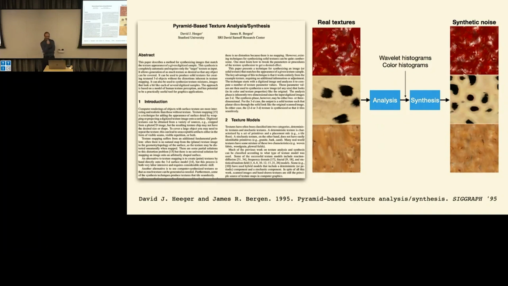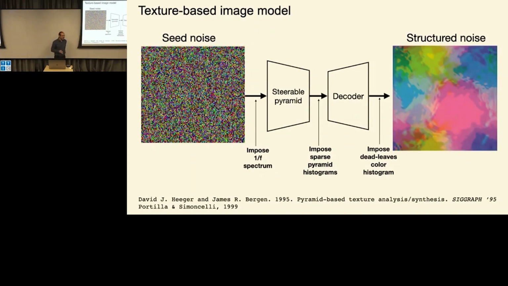which is this amazing paper from Heeger and Bergen, where they do texture synthesis by analyzing simple properties of natural images. And basically you can think of this as an encoder-decoder architecture. It's like a diffusion model with just linear layers, one layer that analyzes the image, imposes some statistics and decodes, and then it iterates a little bit a few times, but to you, it's a diffusion model with handcrafted kernels. So it actually will give images that look like this.